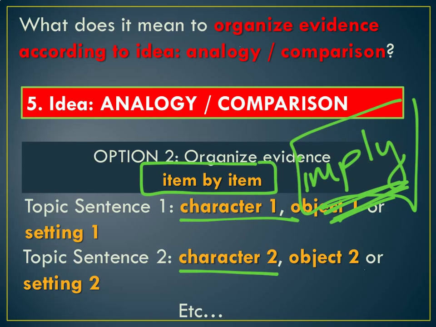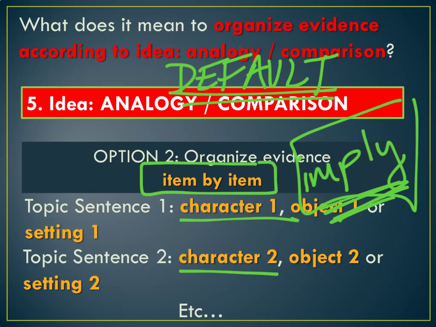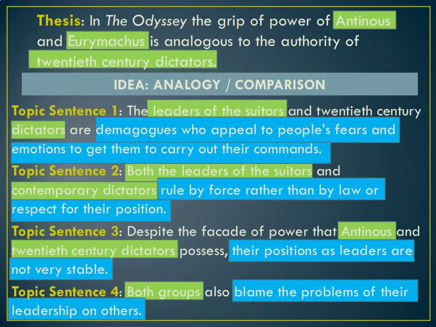And the last thing that I would say about this particular choice, item by item, is that whenever you write an analogy essay, this is always a really good default choice. If you cannot figure out how to organize according to specific similarities, you can always organize according to this way, item by item. So if you look at these sentences, then what you'll see in this blue language here is